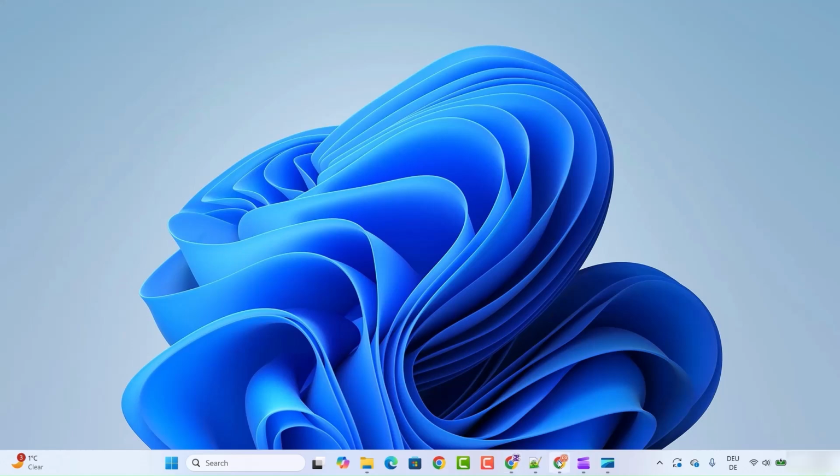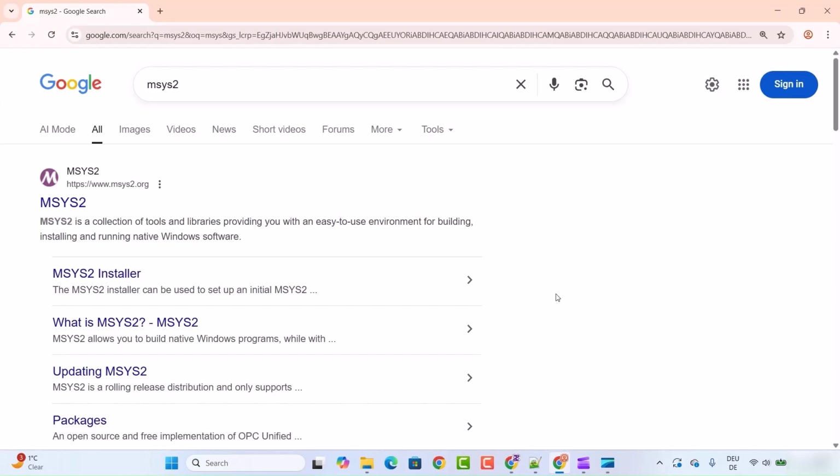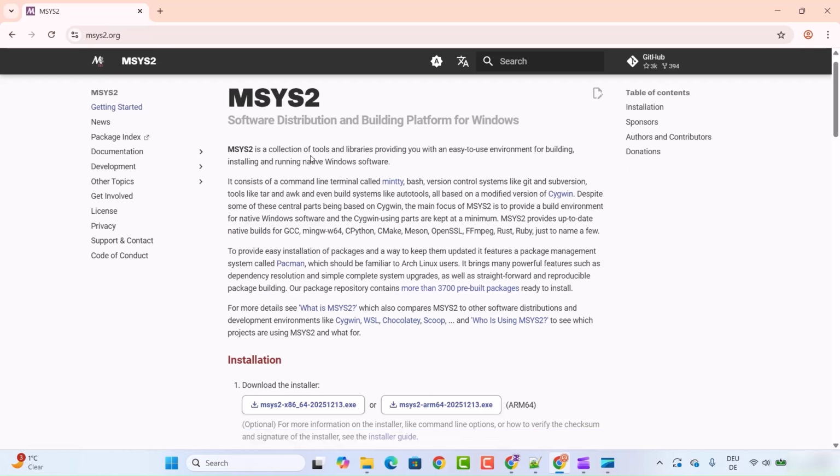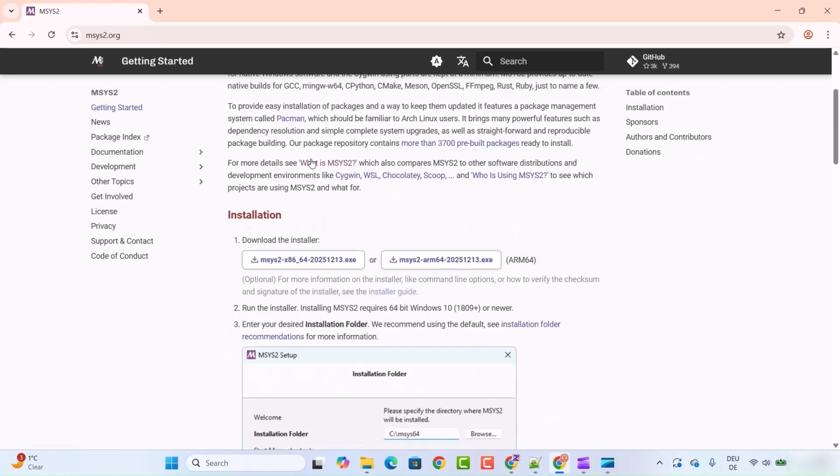So for that, just open your favorite browser and search for MSYS2, and the first link which will appear here will be from msys2.org. So we are going to click on this link, and straight away you will see this kind of web page. When you scroll down a little under the installation section, you will see two options. We are going to click on the first option, which is the msys2